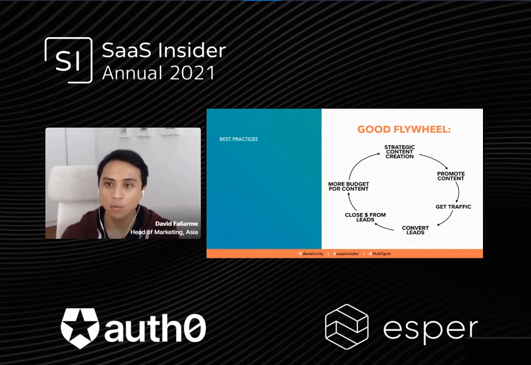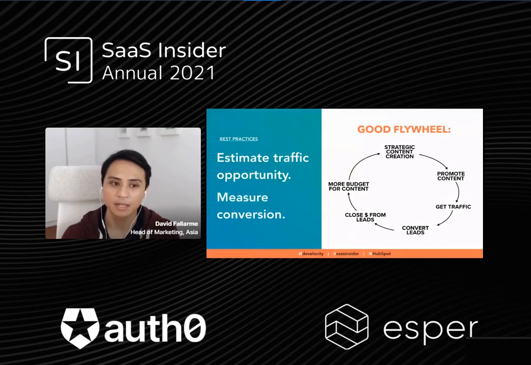Then you identify where on the flywheel you're weak. Then you can identify where you can make sense of all those best practices. So two things where most companies fall apart: estimating the traffic